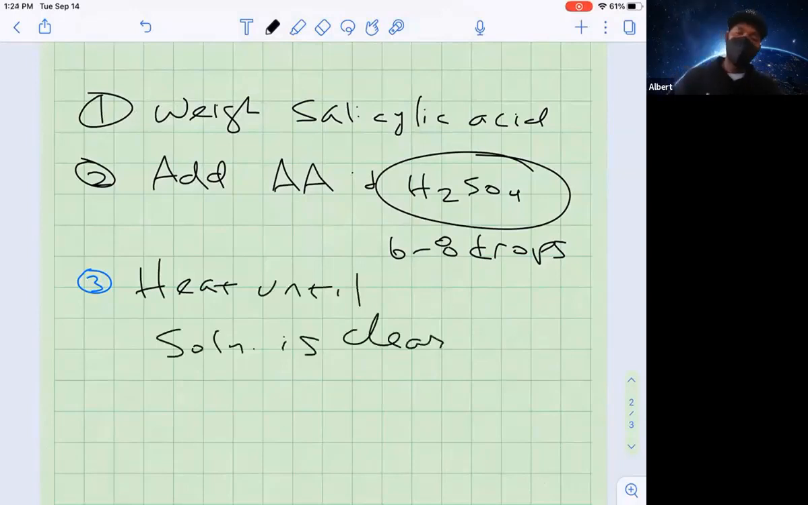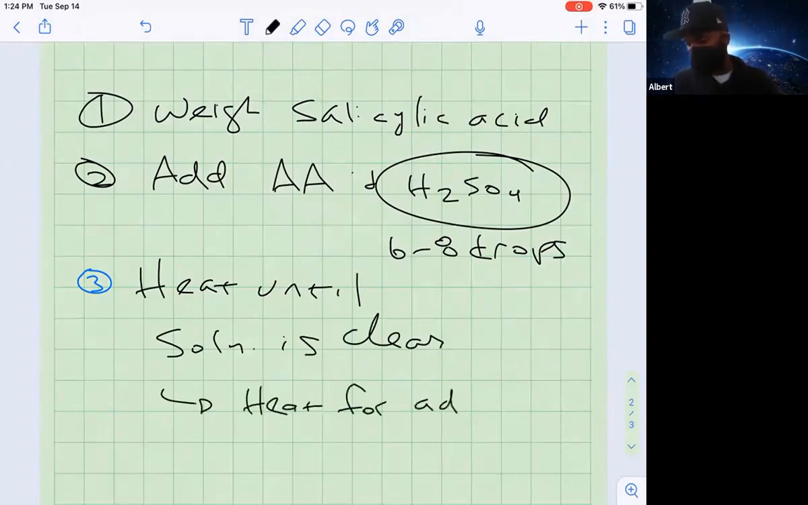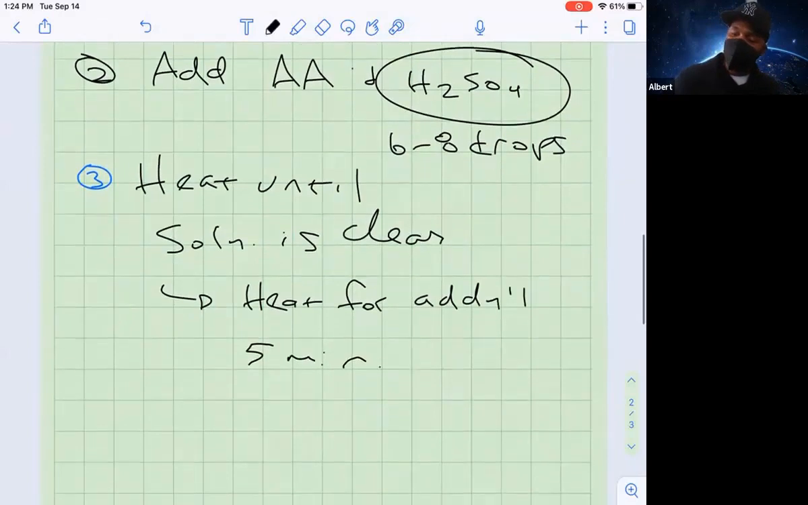Right, heat until the solution is clear. And then when it goes clear, I'm going to heat for an additional 5 minutes. Right, and that's it. And after that, we're going to filter it. So one of the things about this experiment